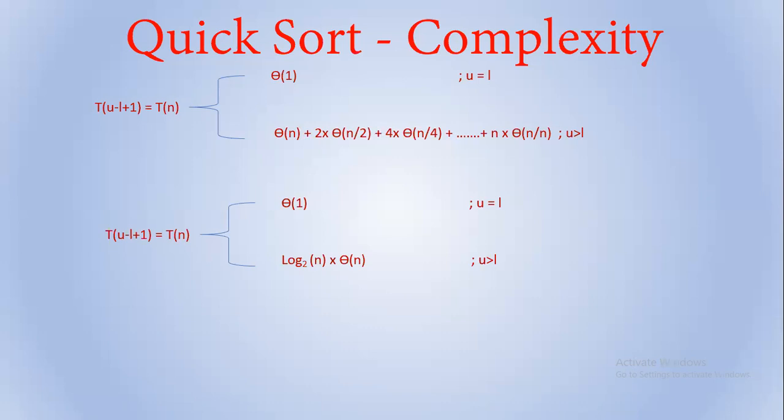As you can see here, it has theta n times log 2n. So you can write at last that it is in the order of n times log 2n. This is less than theta n squared. N times log 2n is less than theta n squared. So it has lesser complexity, or less time is consumed for sorting an averagely sorted array. So that's why it is called the quick sort.